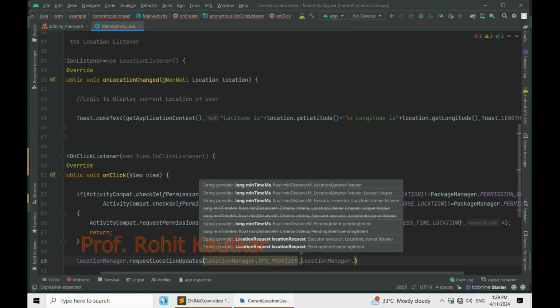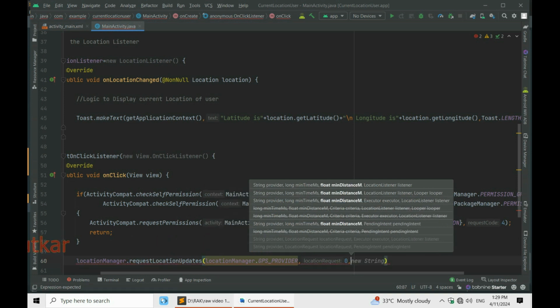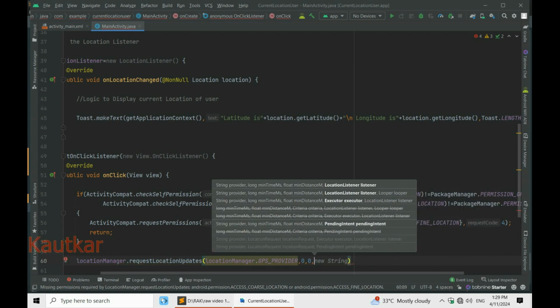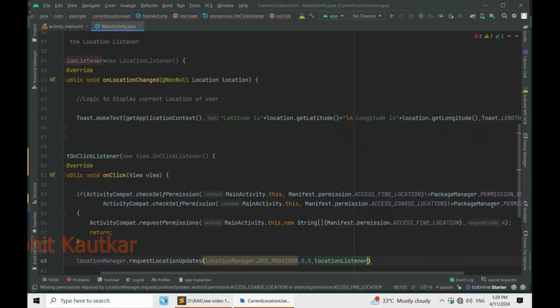Second parameter, the time in milliseconds in which you want to retrieve the updates. Then the distance in meters, 0 we will specify. And the last parameter is the location listener. So let's specify the object of our location listener